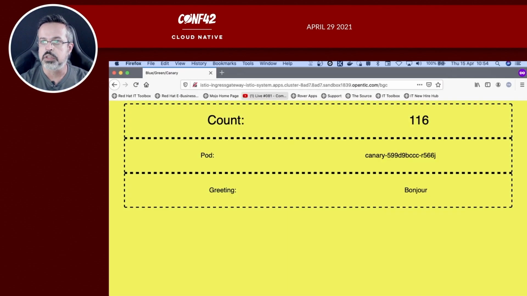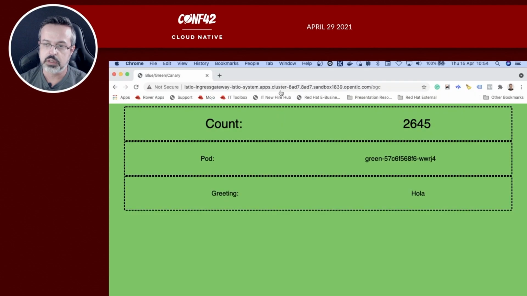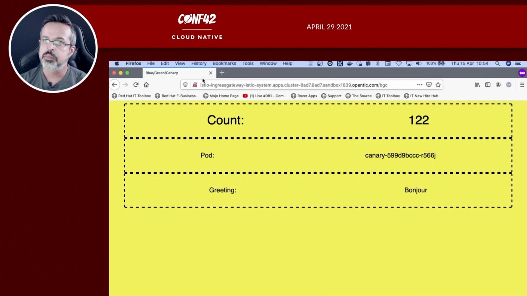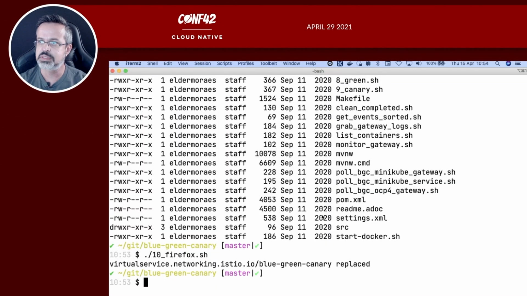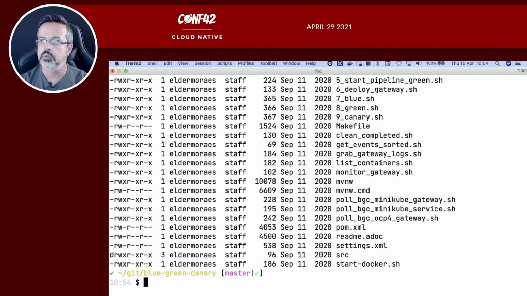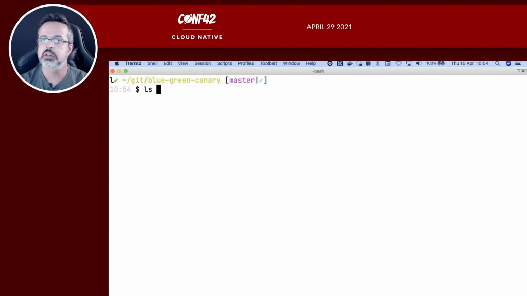Okay, so everything is working. Yes, it's working. So we are using Firefox here. Firefox is sticking with the Canary version, and Chrome is sticking with the green version, right? Great. I have some other options here if I show you, but as we have some limits of time here,